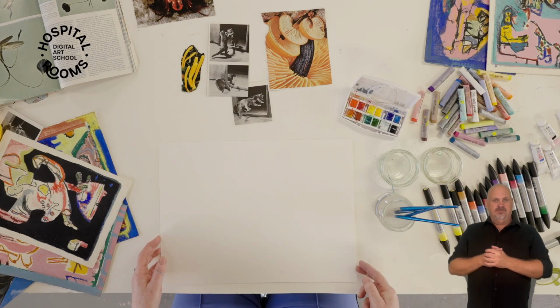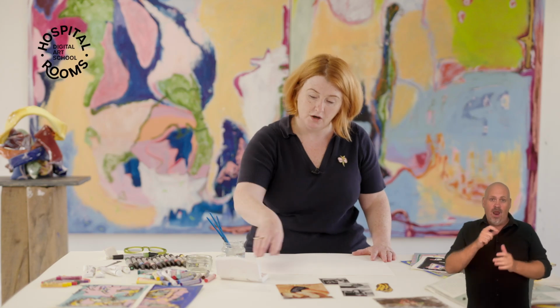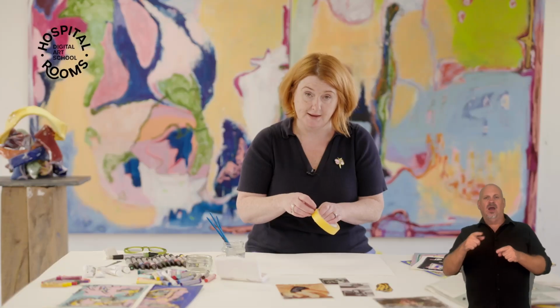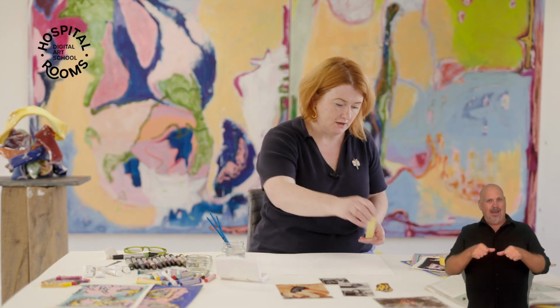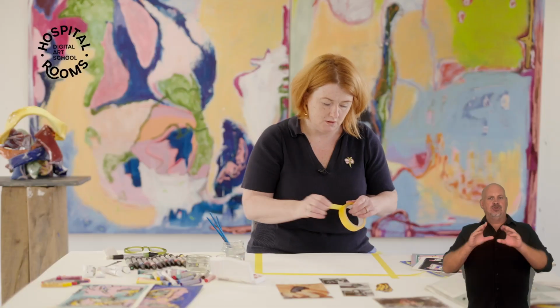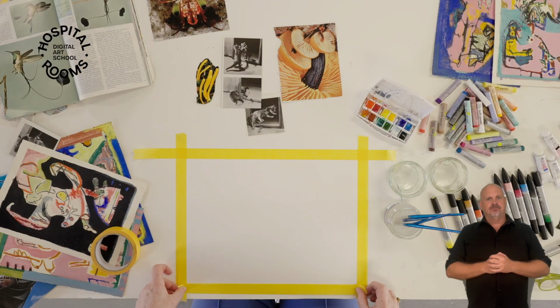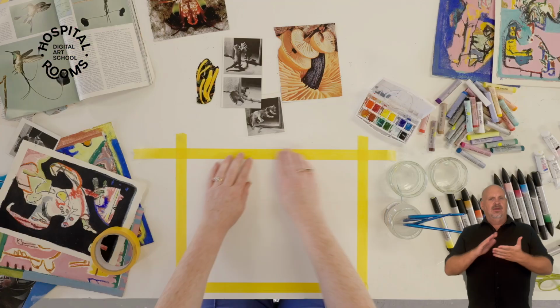Okay, so first of all, I'm using some watercolor paper. You don't have to use watercolor paper, but if you are, the watercolors will work better on the paper than with cartridge paper. We're going to tape down the paper to give us a framing mechanism and also to keep the paper still. And this is about giving you a nice clean edge, and it also helps you see the image